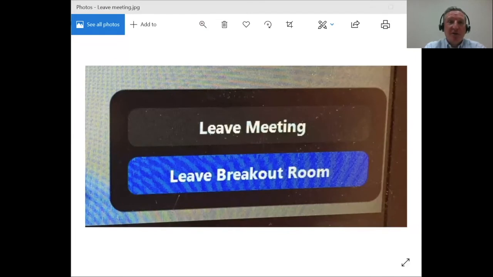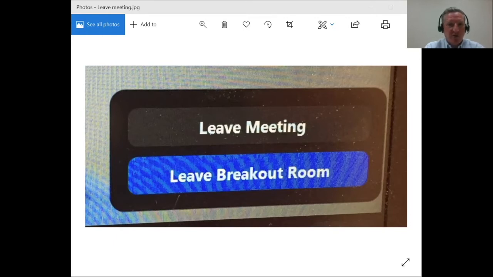And finally, when it is time for the student to exit the breakout room, the student will click Leave Meeting. It will typically bring them a pop-up that says Leave Meeting or Leave Breakout Room. It is important that they choose Leave Meeting. If they leave the breakout room, they will go back to the main meeting room, which is not a huge crisis. However, the meeting facilitator will then simply tell them to leave meeting. So remind your students when they are